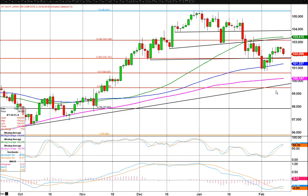Dollar yen, not so interesting. Not really doing much this week at all. Last few days we've pretty much held in a range, gone sideways. Just be aware that we've got some good support around the 101.80-75 area, and I think that could hold the downside today. I'd really like to see it up in the low 103 area at some stage next week,